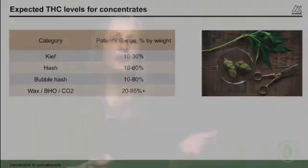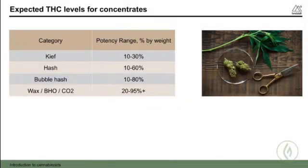So interesting to know that keef, so that's cannabis that's been run over a dry sieve, say, and the resin glands collected, generally doesn't get over about 30 or 40% THC, and more often it's actually a little bit below that. With hash, so traditional hash, like you used to see coming, say, out of Afghanistan and Pakistan and places like that, which you actually don't see much of anymore, generally ranges between about 10 to 60%,